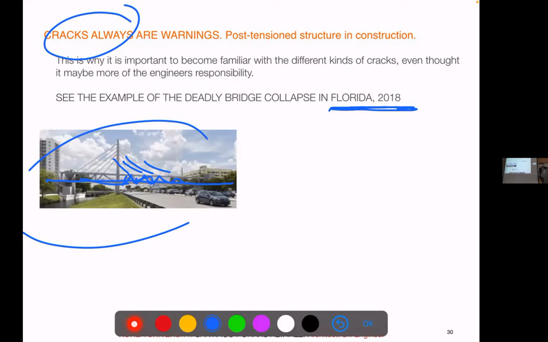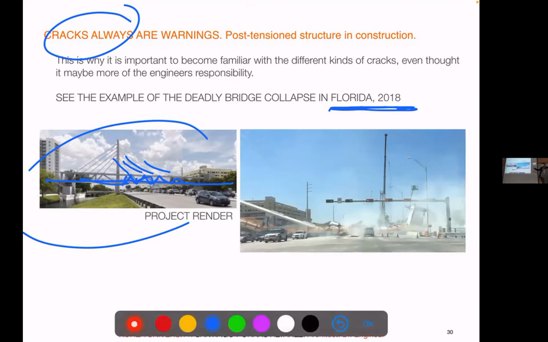The problem, it collapsed suddenly over the traffic, right? This is famous. And the problem was, well, those cracks were serious, right? And it happened when we were starting to put tension to the members, right? So with this kind of very irregular structure, you have to be very careful to have things working as you preview them, right? Any small change may make a great difference in how it works. And the pity is it collapsed because they were so confident of their design that they thought it would be very okay to do it. So they didn't close the circulation under.